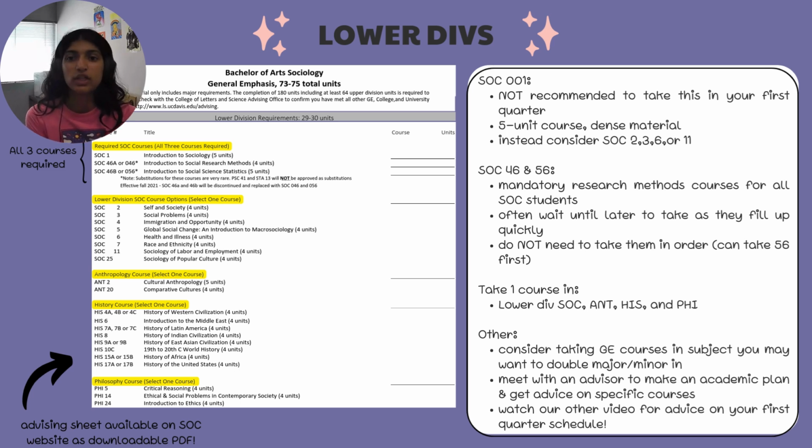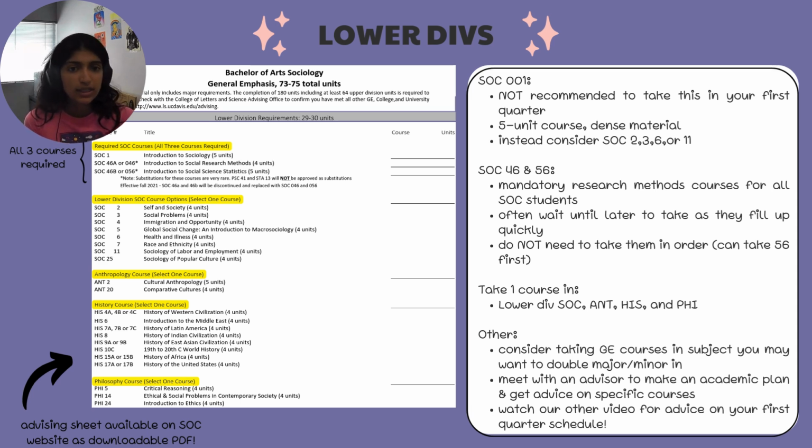And for history, I would definitely check if you did high school history, it should count for that requirement. Or if you took the AP test in history, it would count for that. So I would definitely check your OASIS or talk to an advisor when looking at that requirement. And I am looking at the emphasis advising sheet here, which is available on our sociology website, downloadable as a PDF for you to follow along on your own or to keep for your own records as you complete courses.